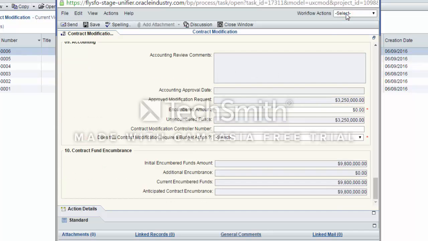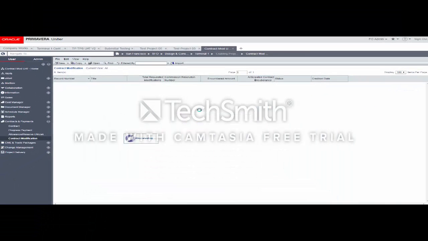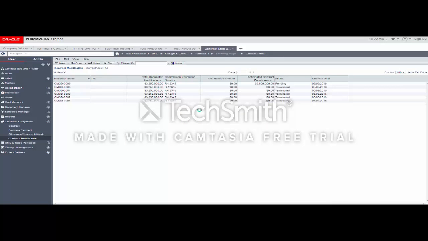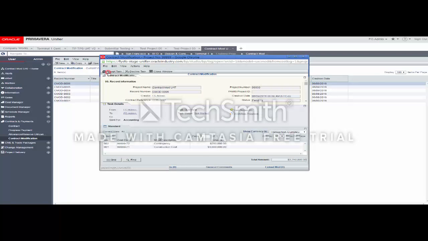To send the contract mod to accounting, the CMU would recommend approval from the workflow actions. You can see that the record is automatically being routed to accounting. To submit the record, now the record sits with accounting for certification. The accounting will open the record, accept the task,